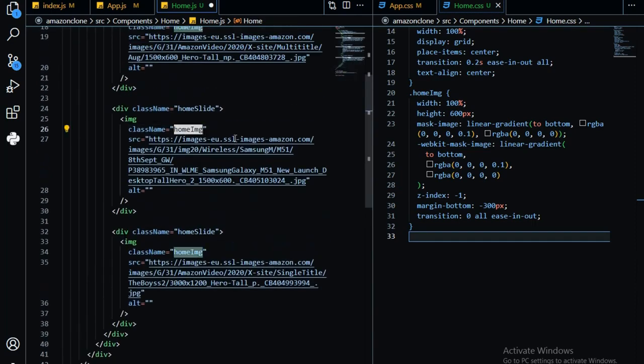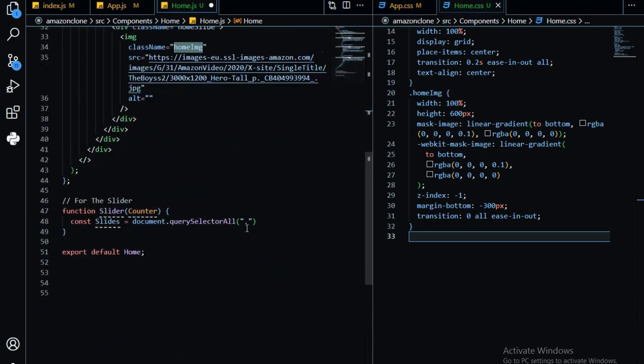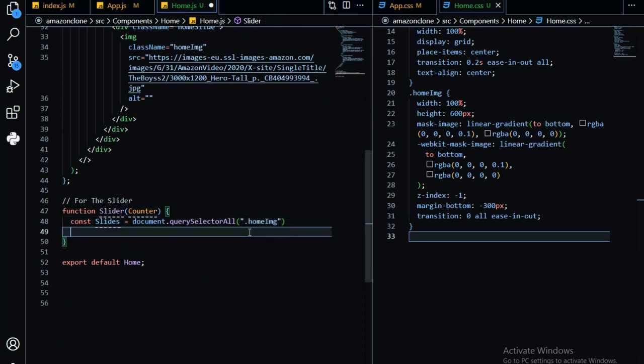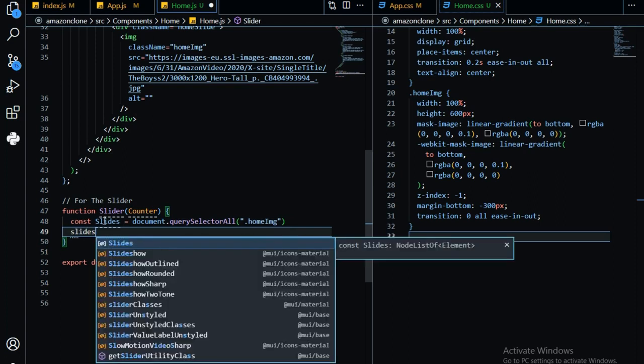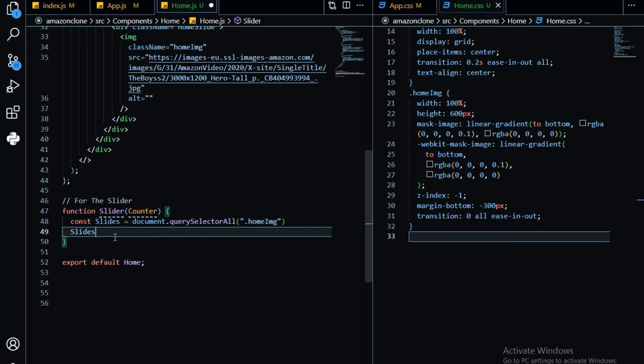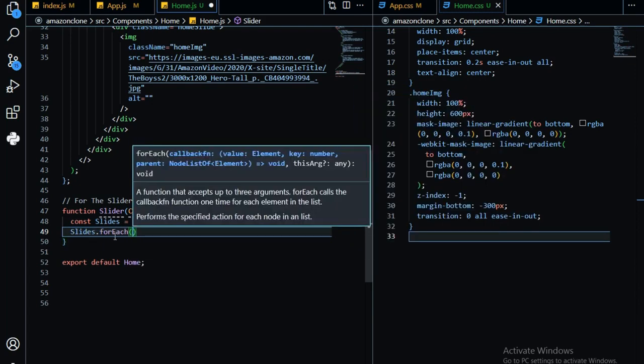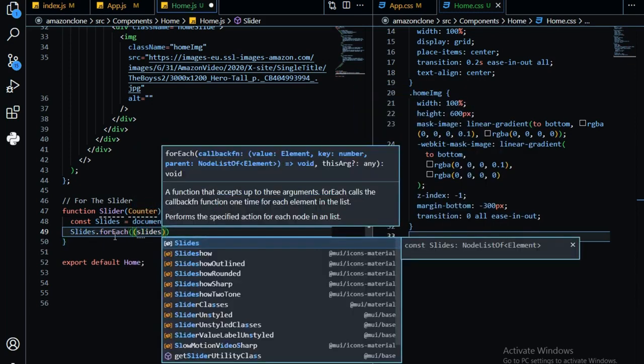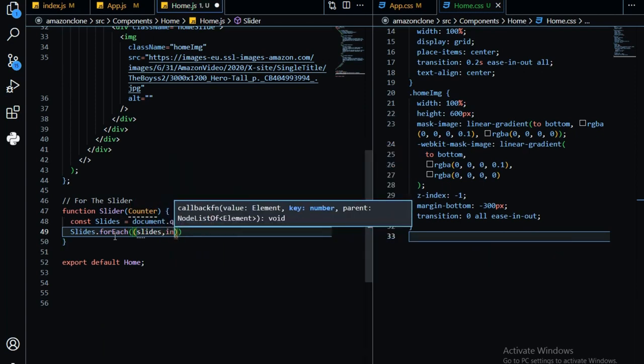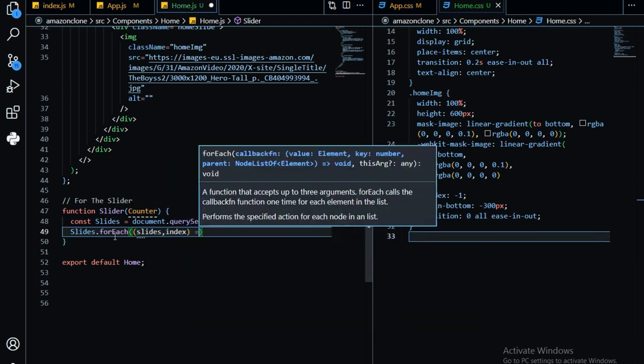For that I'm going to copy this home image class name and paste it here. So I'm going to select all the elements with it, and slides, slides.forEach, taking slide and index,